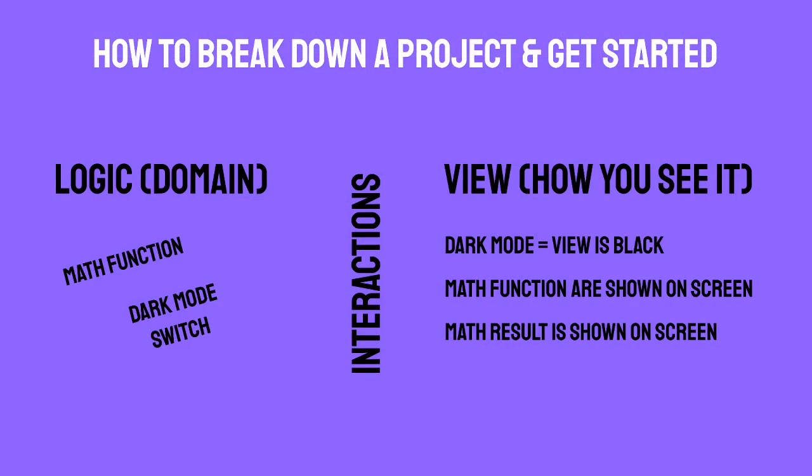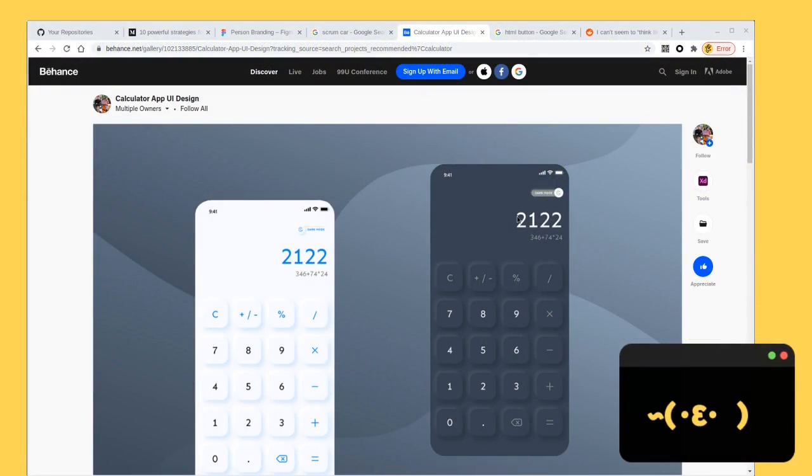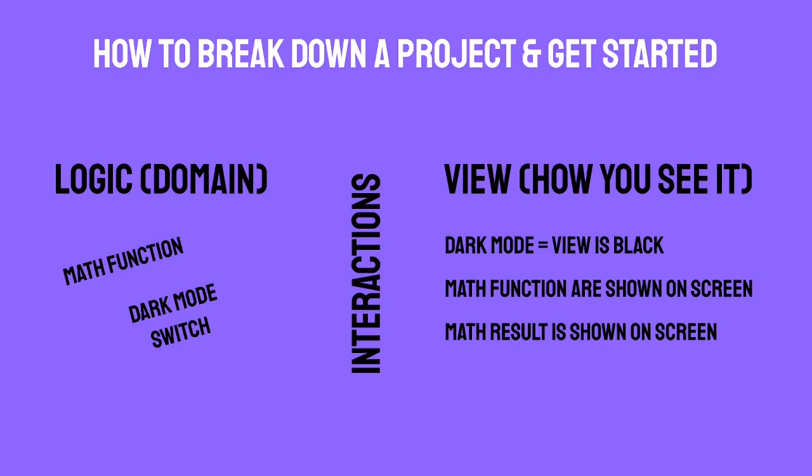And the result is shown on screen, which is of course this element here, like a regular calculator. And that's the main views, like a general overview. Of course there's things like buttons and other stuff like that, but I wanted to just go over a couple of elements to sort of give that example of what I was thinking.